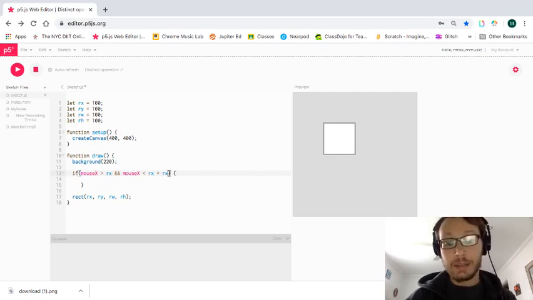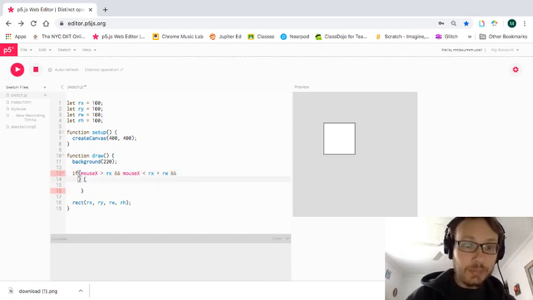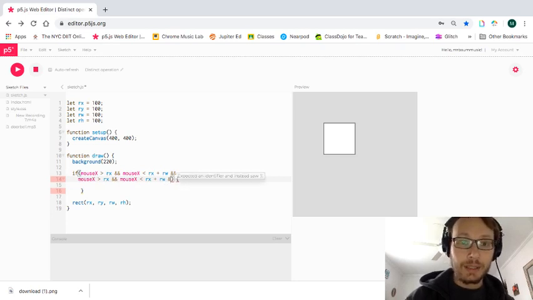Okay, now I'm still not there because that only accounts for this, not the top and bottom. So next I'm going to make another one. Just to keep things somewhat streamlined here, I'm going to space this down, which is not going to cause a problem. I'm just going to copy and paste this mouseX, mouseY, because it's going to be relatively similar, except I can get rid of that. Okay, so I'm just going to basically change all these